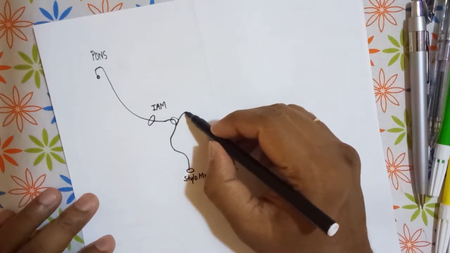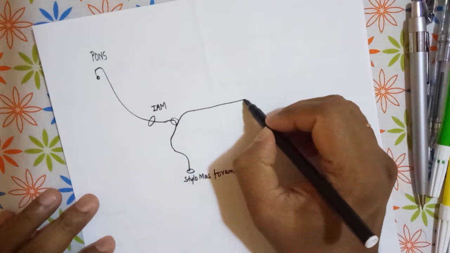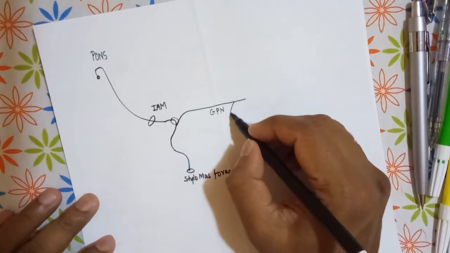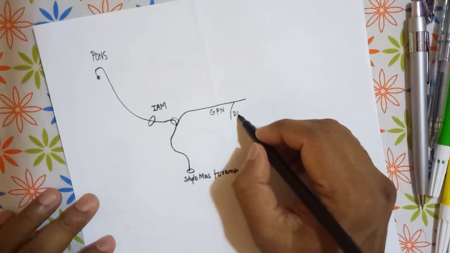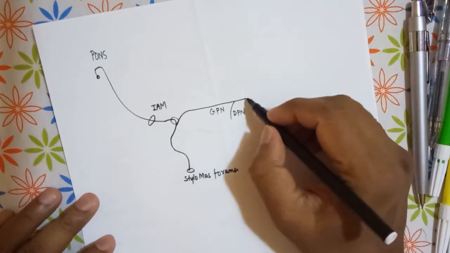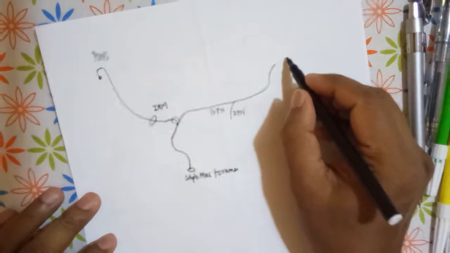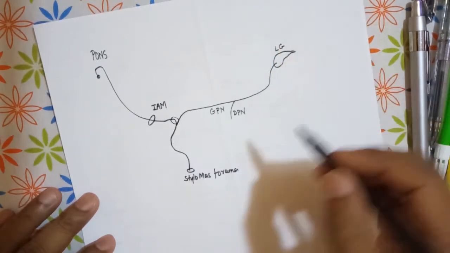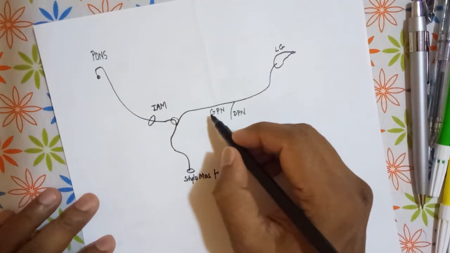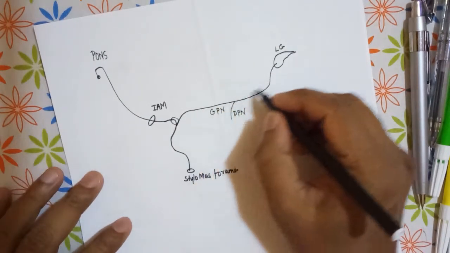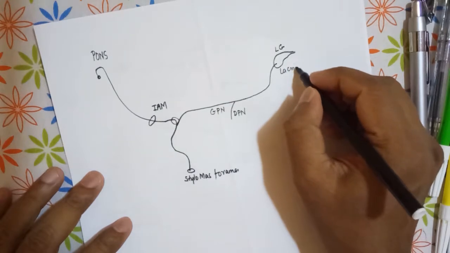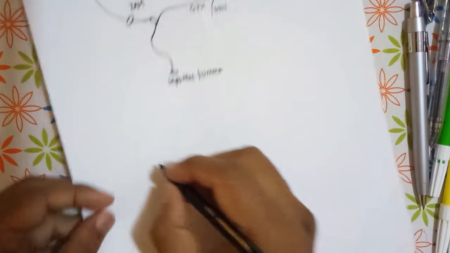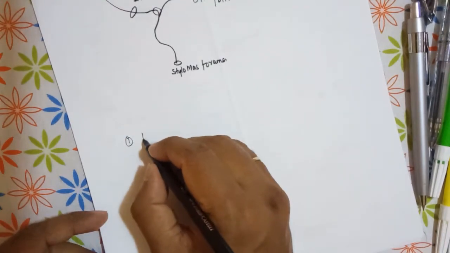From the geniculate ganglion I get a nerve which is called the greater petrosal nerve. This is joined by the deep petrosal nerve, and ultimately they reach the lacrimal gland. So the greater petrosal nerve, a branch of the facial nerve, is concerned with lacrimation. So let us say first is lacrimation,